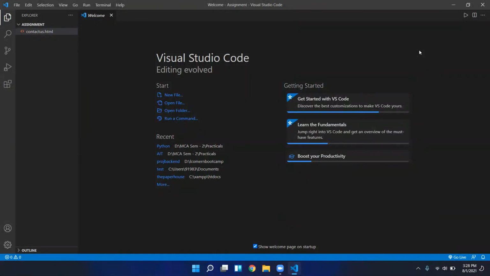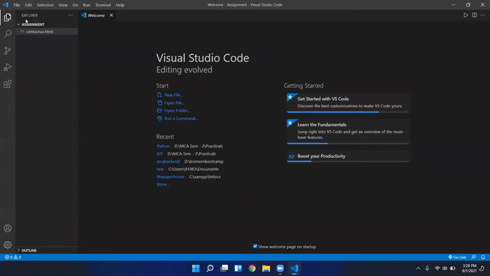Once the installation of VS Code is done, you can finally launch VS Code for the very first time. Here you can see many options like creation of new file, open folder, and run command. You can also run commands using the admin terminal, which is provided by Visual Studio Code. These are the 5 options which are provided by Visual Studio Code to us.